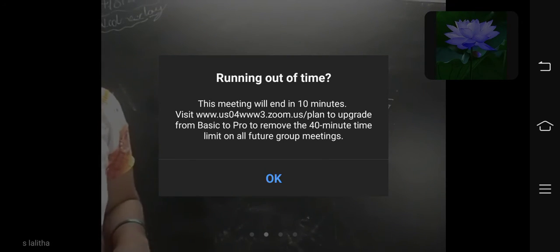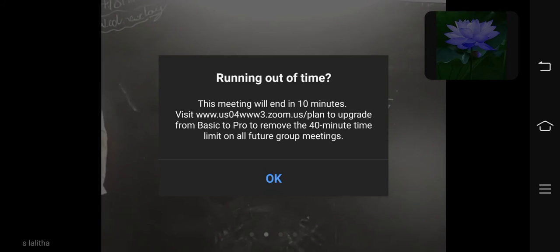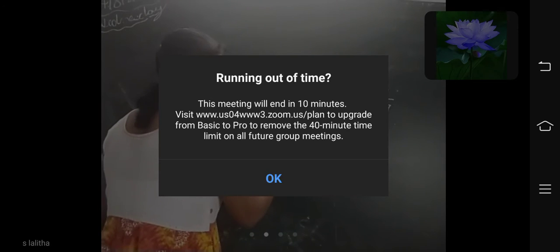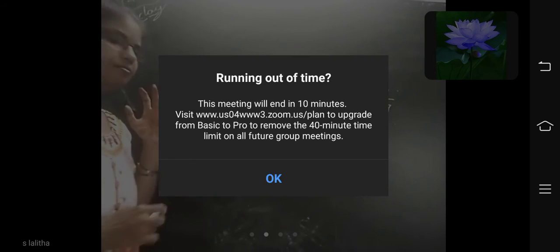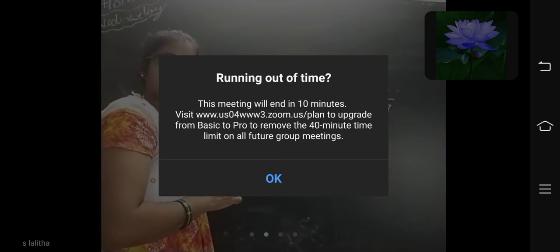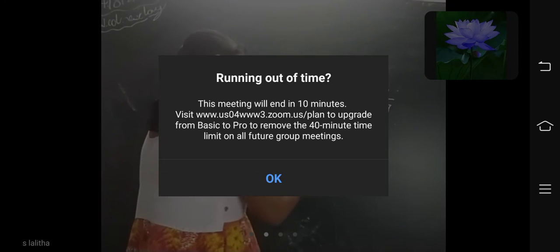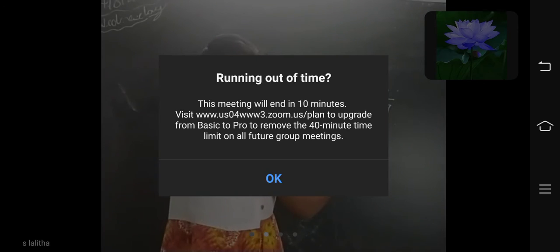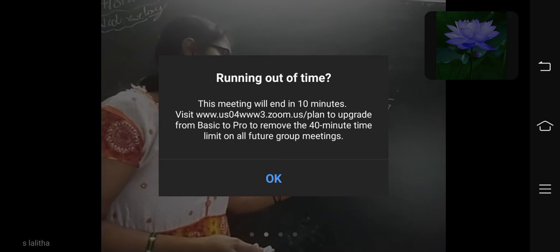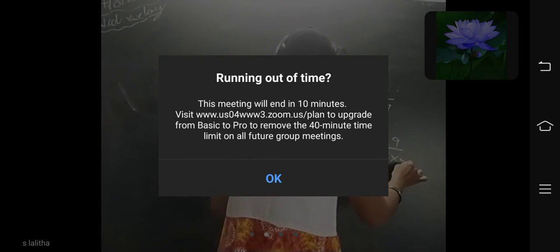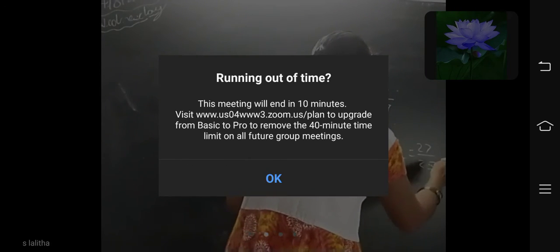And division of fractions. 3 by 5 divided by 5 by 9. How can you do this one? Here divided by is there, no? The divided by converts into multiplication, and the second fraction is converted into its reciprocal, that means the reverse of the fraction, that is 9 by 5. Now you should multiply numerator into numerator, denominator into denominator: 3 into 9 by 5 into 5. 3 nines are 27, 5 fives are 25.